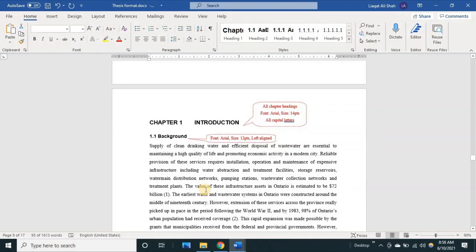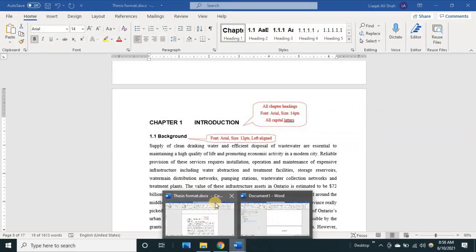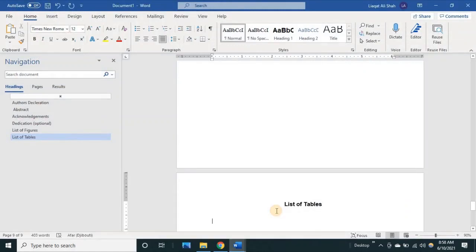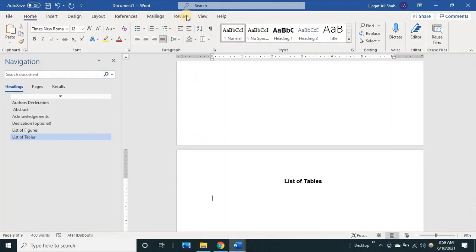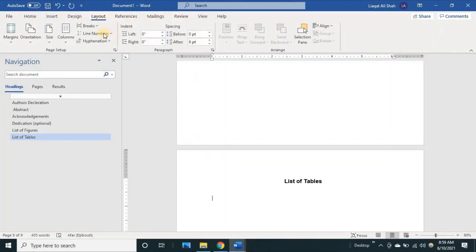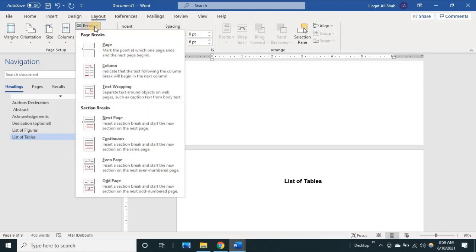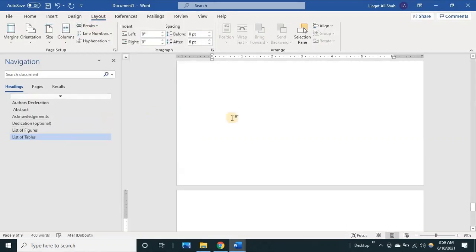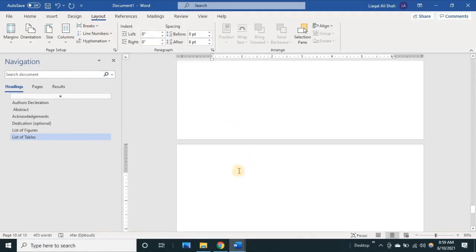So let us start from chapter 1 introduction. So you just write here. Now to give proper page numbers from 1 to 3, for this you have to break the section. So I again go to the layout and next page so as to break the section.